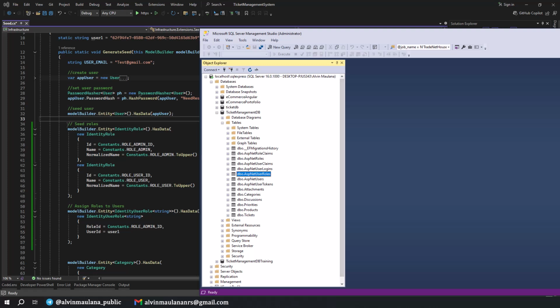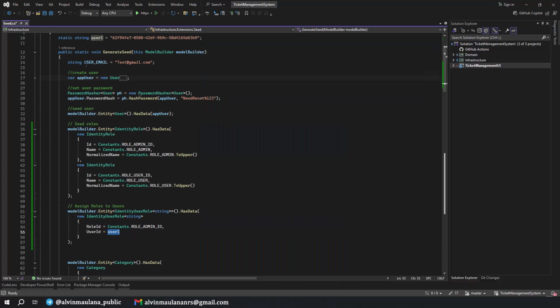So in here, we will add new roles: one is admin and one is user. And then in the ASP.NET UserRoles, we will assign the current user we created with the user email, this one, to have the role of admin. Okay, we assign it here.